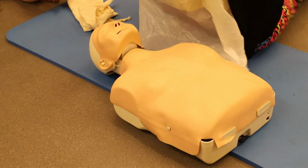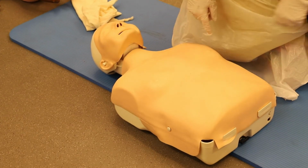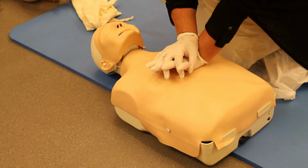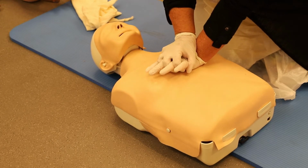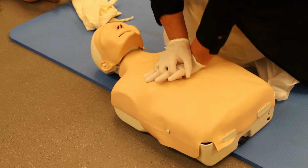Not breathing. We call for help, we dial 999. And then immediately we go to the middle of the nipples, right in the middle of the chest, with the heel of our hand, and we're pressing down 3 to 4 inches, which is 5 to 6 centimetres, and we're doing 30 compressions. 1 and 2 and 3 and 4 and 5 and 6 and 7 and 8 and 9,